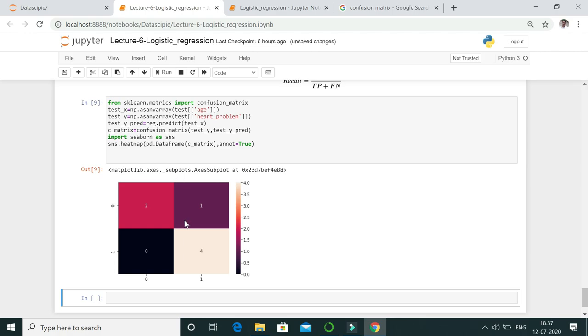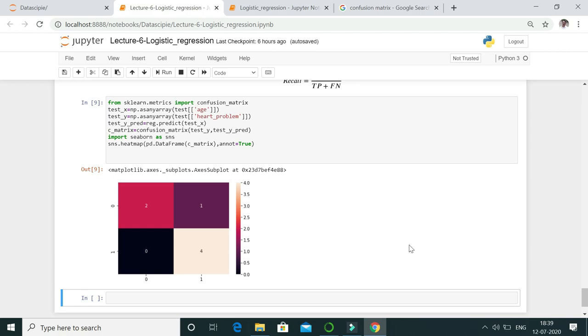What this heatmap basically denotes: along the x-axis the values denote the actual test dataset, while along the y-axis the heatmap denotes the predicted dataset. When we predict 1 and actually the test value is 1, it is called a true positive. Similarly, when we predict 0 and actually it is 0, it is called a false positive. When we predict 1 but actually our value is 0, it is called a true negative. When we predict 0 but actually it is 1, it is called a true negative.